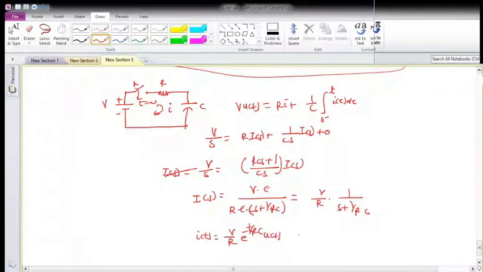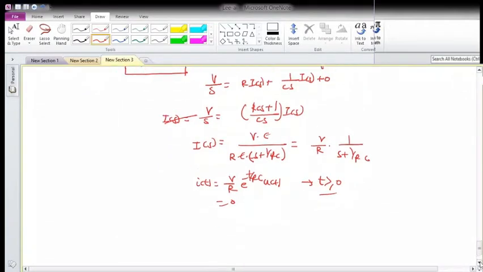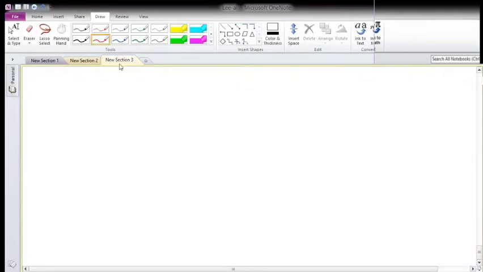Okay, into U of t, because it is after switching the close, so t is greater than or equal to 0, and it is 0 for t less than 0. That way you can write for series RC quickly. How quickly you can find out with the help of Laplace transform. If you use time domain, some sort of information you will know. If you use the Laplace domain, some sort of other information you will be able to reveal.